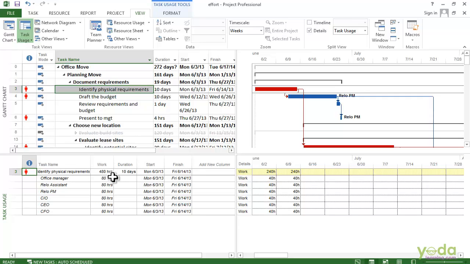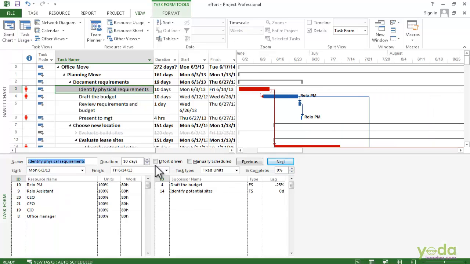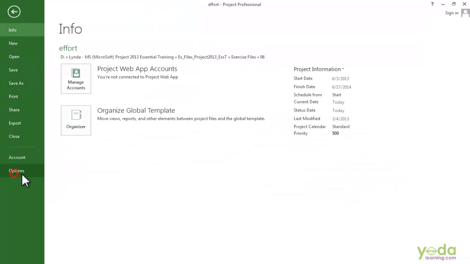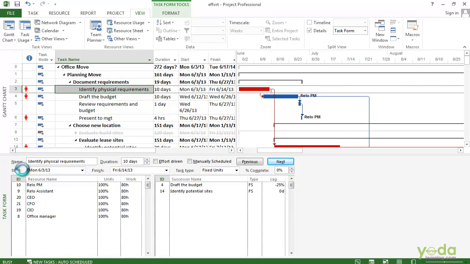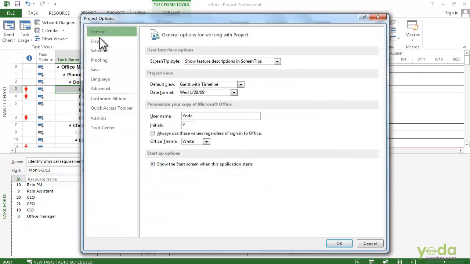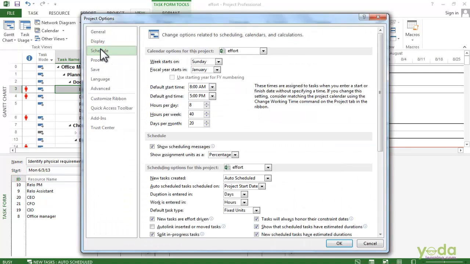You can also tell the project whether you want new tasks to be effort-driven or not. To do that, go to the File tab and choose Options. Then go to the Schedule category, and here in the scheduling options for this project section, you can see there's a checkbox, New tasks are effort driven.